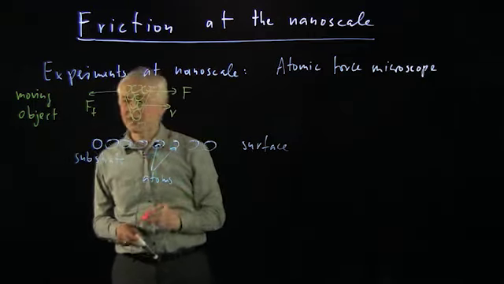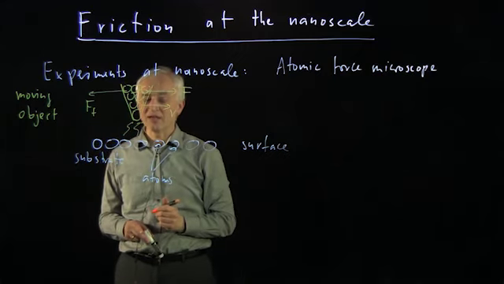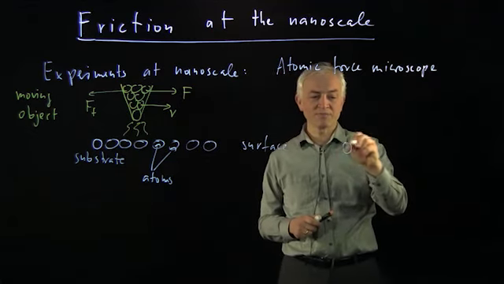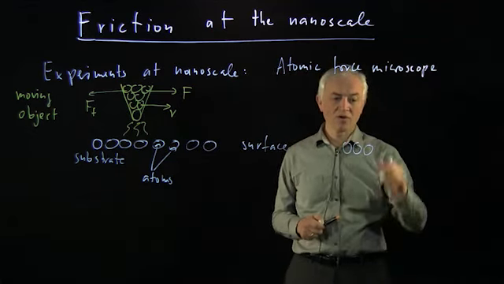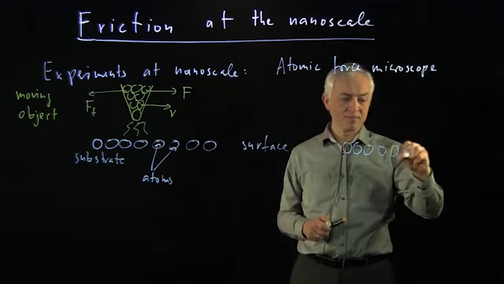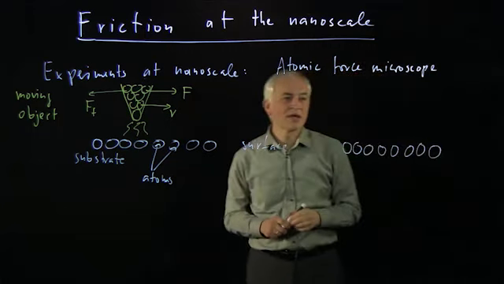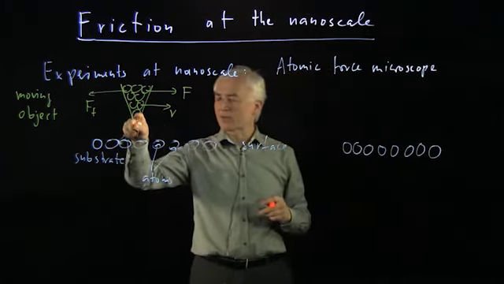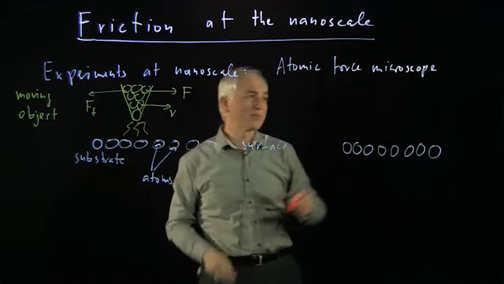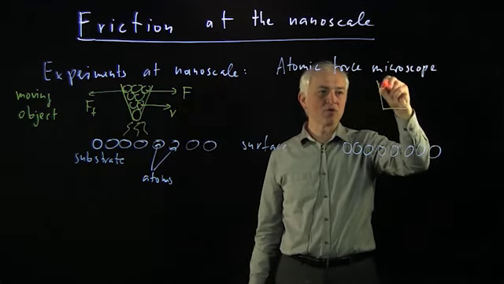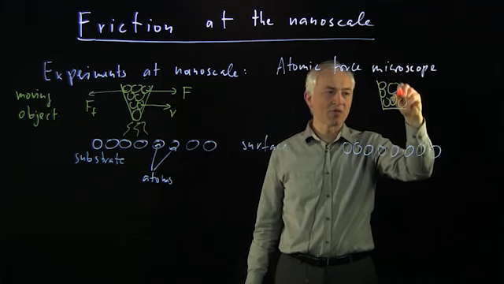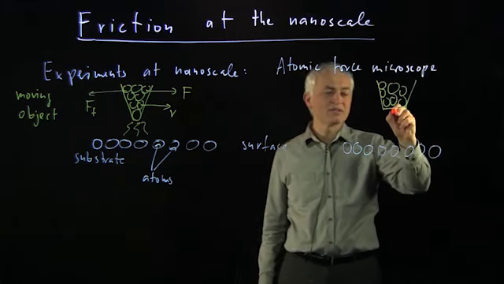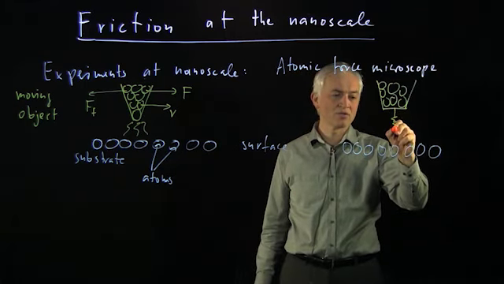Now this, as simple as it may seem, is still too complicated for physicists. So we try to make the model even simpler. So how do physicists do this? Well, they say that the surface still consists of atoms. But now we are mostly interested in what happens to this tip. We're going to say, well, somehow what matters is that this atom is bound to the tip. So maybe we can model it in the following way. We have here the macroscopic part of the tip. And then we're going to say that the surface atom is really bound in some way to the tip.